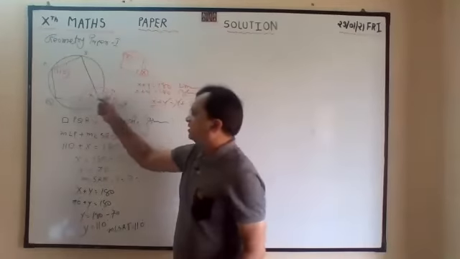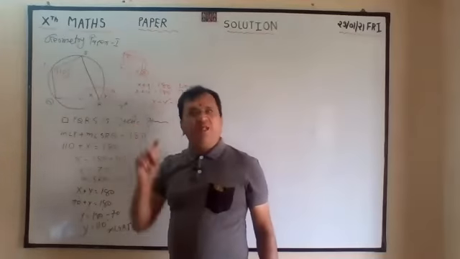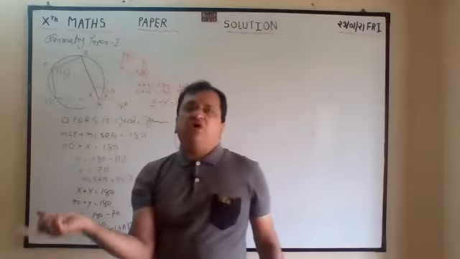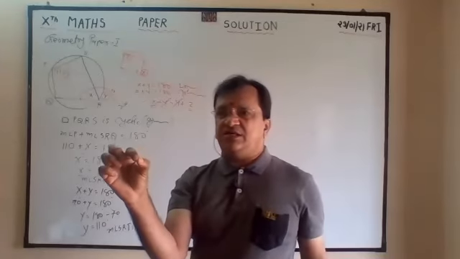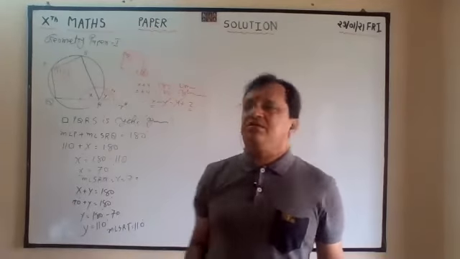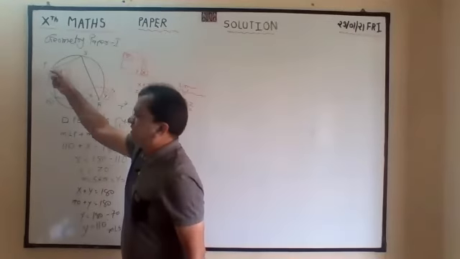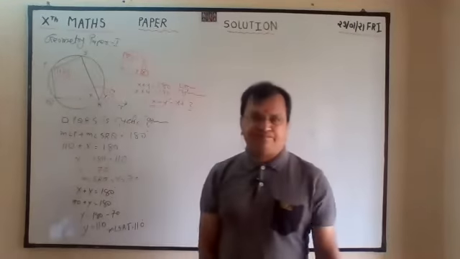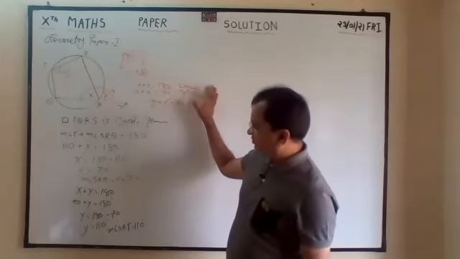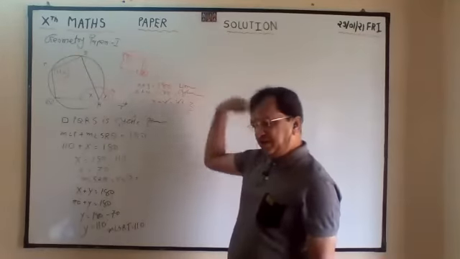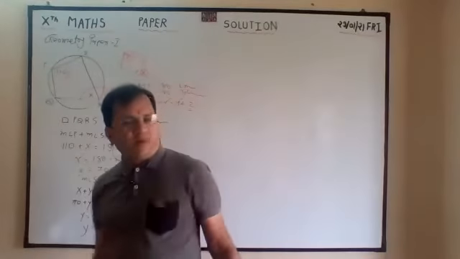I have done this plus this is equal to 180. You can write Y is equal to direct measure angle P because exterior of cyclic is exactly equal to the remote interior, opposite to the remote interior. And this is the proof. By this way also you can find, or by writing the statement that exterior is equal to the remote interior.